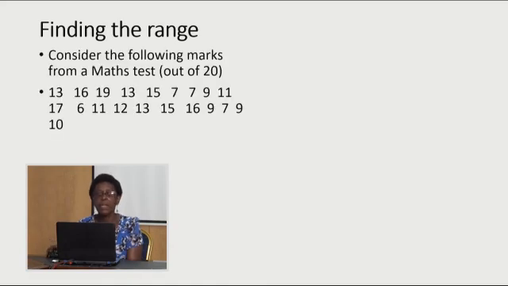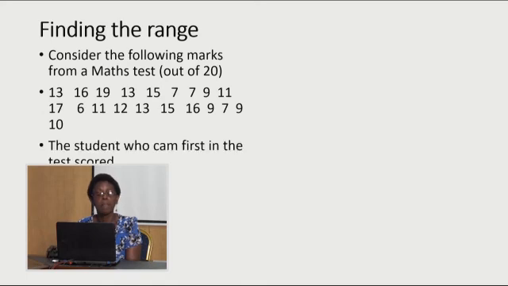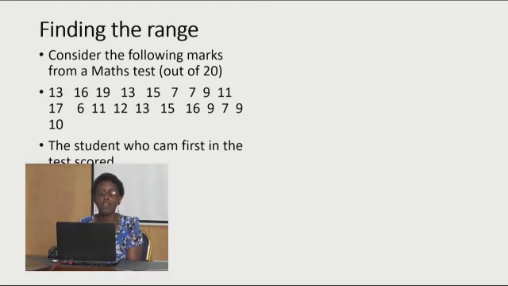Okay? Now, I'll give you a scenario. So, that's a result of a test. The test was out of 20. And these are the scores of a group of students. Okay? The student who came first, sorry, I've got a typing error there. The student who came first in the test is,